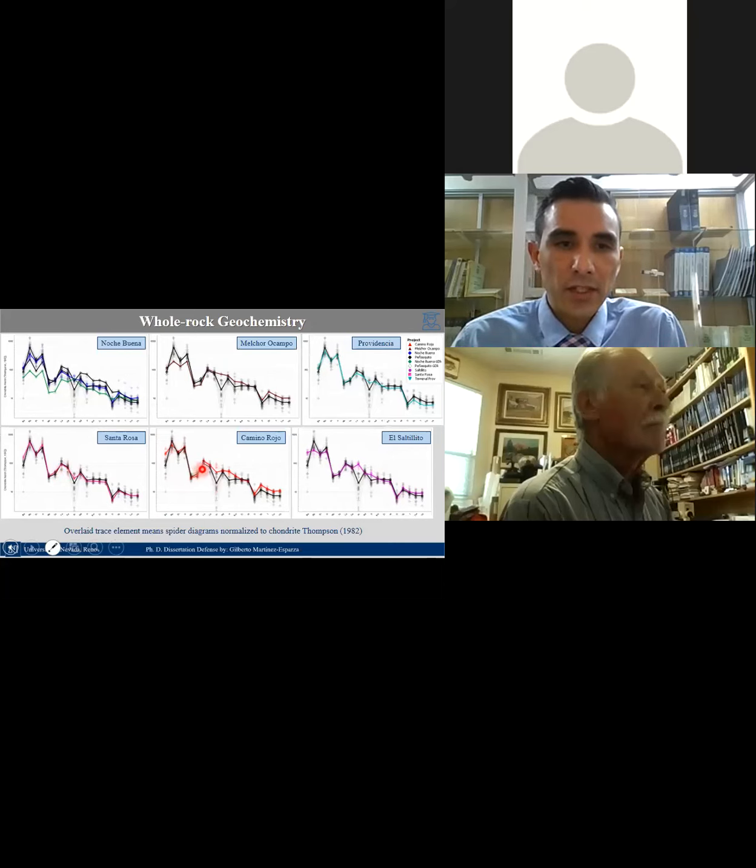In addition, we can see some negative anomalies in strontium, but this will reflect the fractionation of the plagioclase. So as you can see, some of the